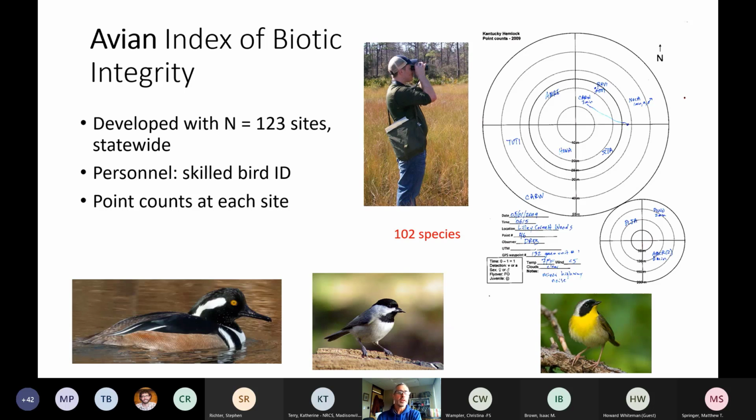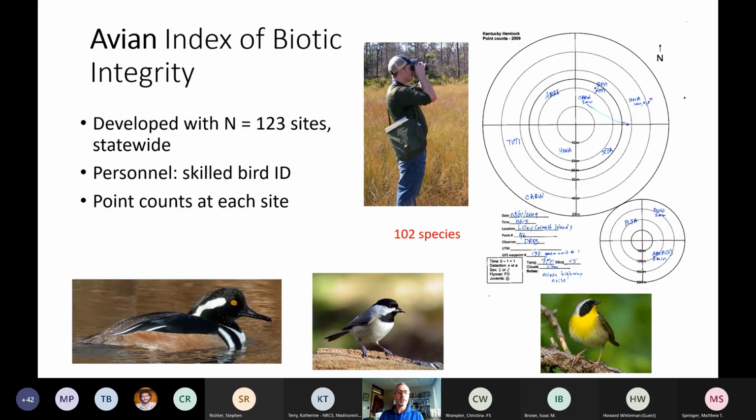Okay, so next I'm going to talk about the avian IBI. So this was developed at 123 sites that also span the entire state and all the different major river basins within the state. It's done with point counts by a skilled bird biologist or a biologist that has bird ID skills. And again, the data from the point count surveys, the abundance and the species presence is used to create